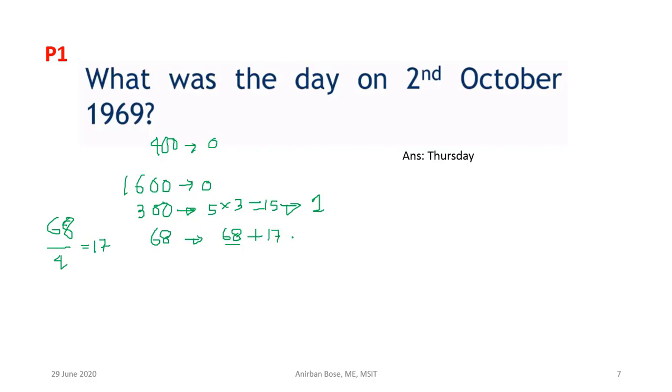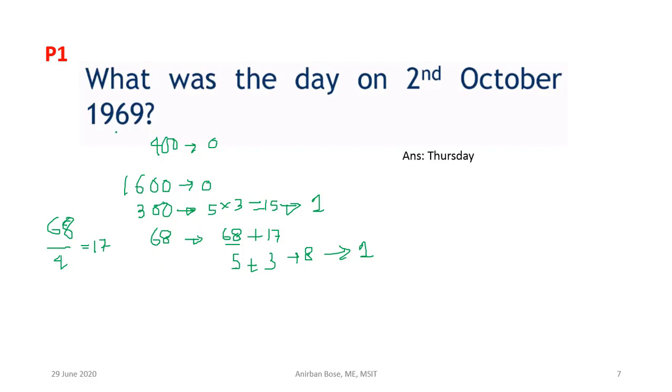So total, how many odd days? This. Now again you just divide by 7 and find the remainder. So 63, 4, 5, 14, 3. So 5 plus 3, 8. 8 divided by 7, so the remainder is 1. So 1 more odd day. So now we have come to 1968.